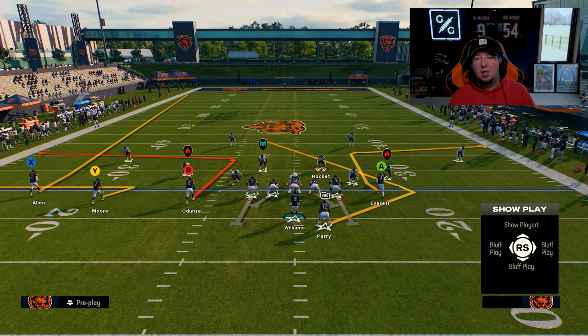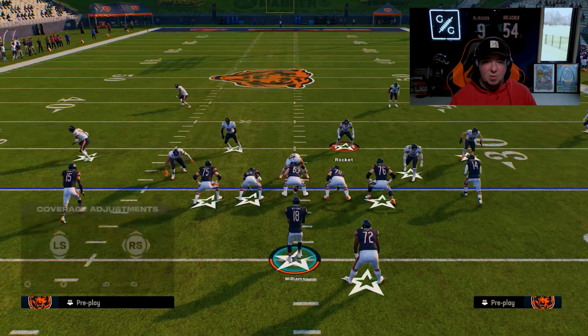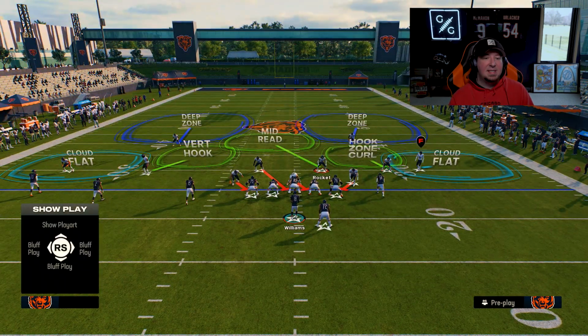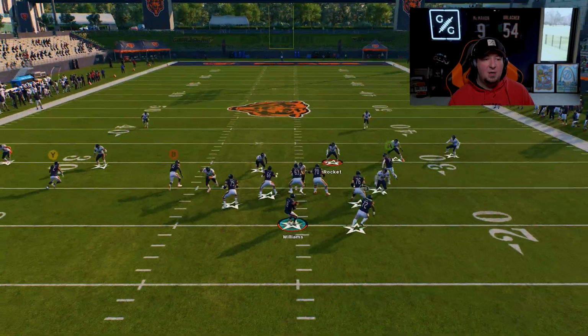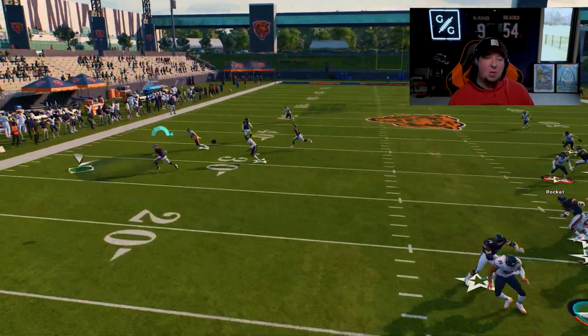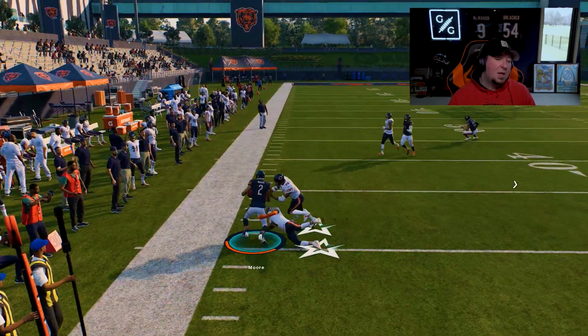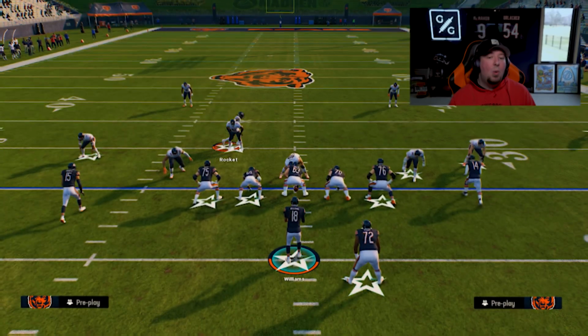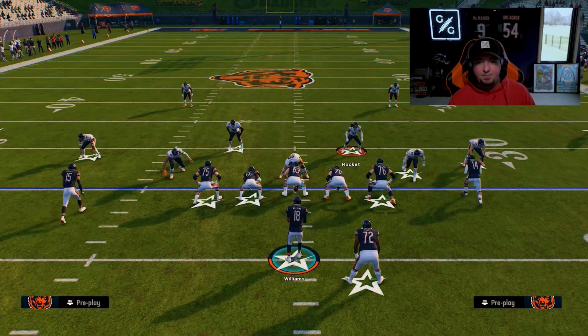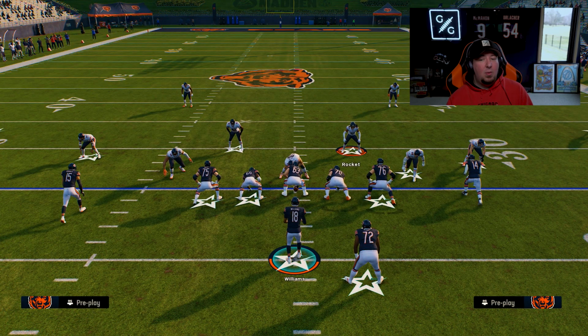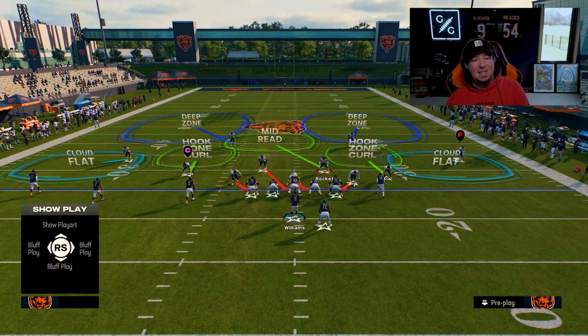So again, here, it's just going to be kind of up to you how you guys want to do this. Again, you don't have to be base aligned with this. You could leave them in a standard alignment there. But you're going to see here this whip route shaded down against the vertical hook. The problem with the vertical hook shaded down is that oftentimes you're going to want a hard flat because that route is breaking down and away from them. So what I will oftentimes do when I am dealing with a whip route to the outside, we know that we can guard the return pivot with the shaded down vertical hook, but the zig to the outside is kind